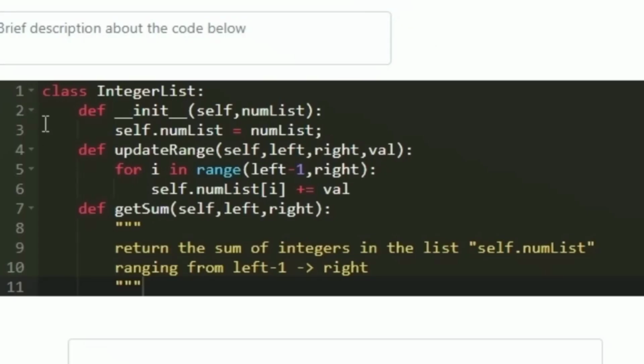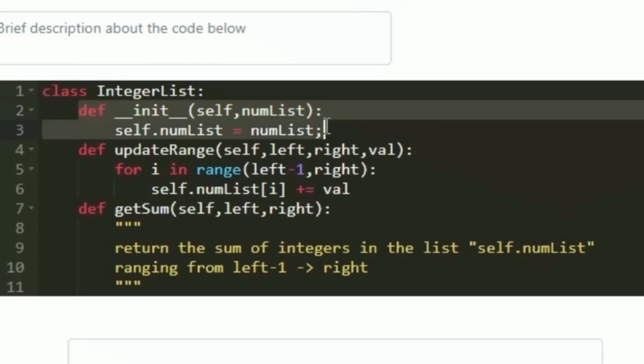The syntax for creating a class is class and then the class name. So I am creating a class named integer list. For this class, first we have to define the constructor. The constructor is nothing but the init function, so here I am defining this init method. In the arguments we are given a list of integers in the hello.py code, so we have to accept it here. After self I am giving numList in which we will be storing the list of integers. I am creating a class variable, so I am setting self.numList is equal to numList.